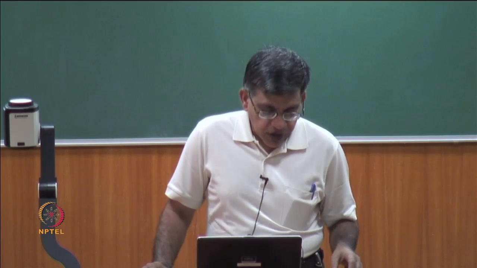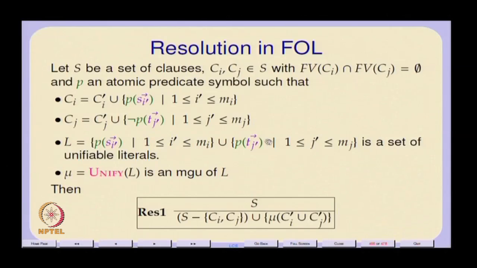It has to be unifiable. If you can find this unifiable set and take this most general unifier, then the rule says that I can remove these two clauses Ci and Cj from the set S